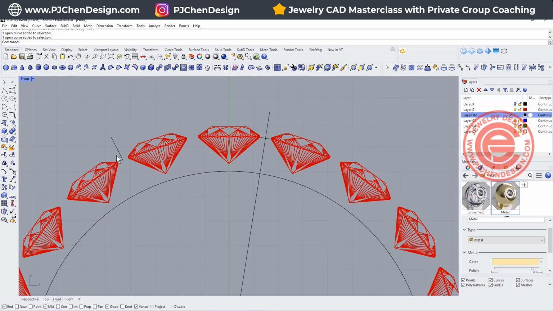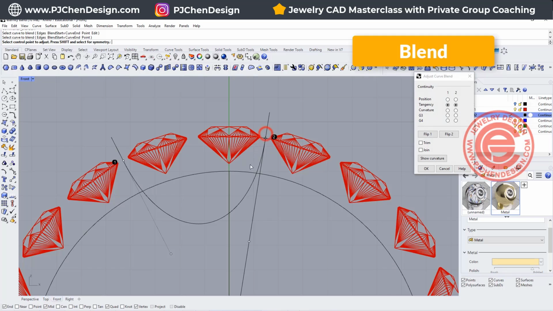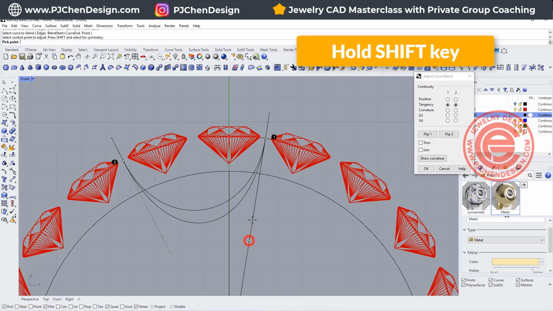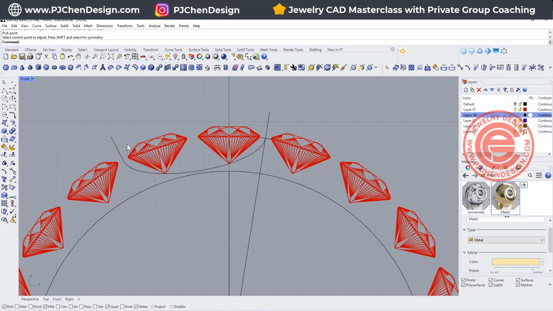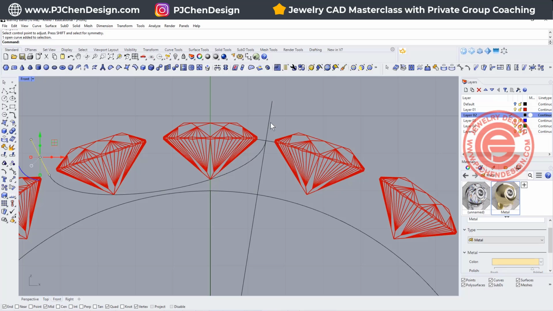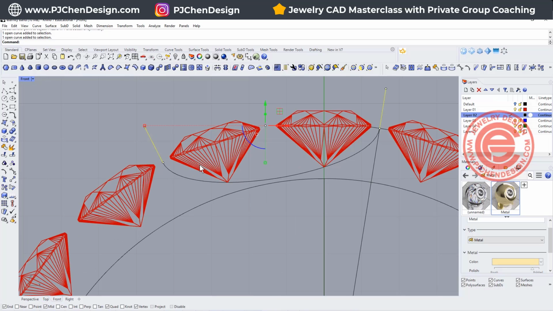To make a curve nicely in between those two lines, what I like to do is use the blend command. I'm going to blend in between here and here. You can hold the shift key and move this back so it will move both handles together. And I want to have something roughly maybe like this. So this will be the line that I'm going to use. Maybe it is a little bit too long,